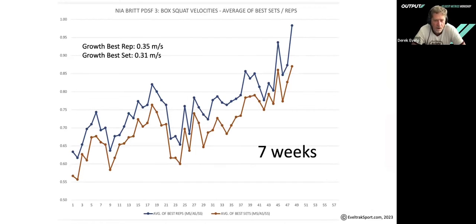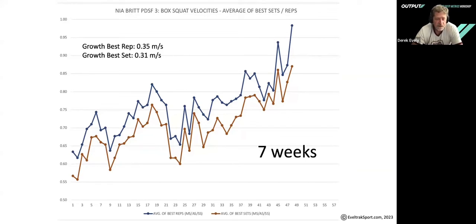What you see here is a dynamic half squat. Don't ask me what the depth is. Cody would be able to tell you. He would remember. I think it's probably 16, 17 inches, but we use one of those actual pads that I bought. It cost a freaking fortune, but just so I could get some real consistency with it. And the blue line is her best rep of the day, and the red line is her best set